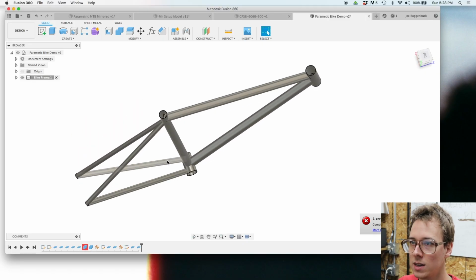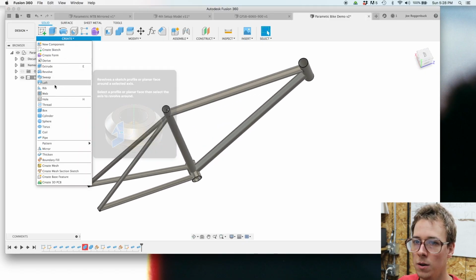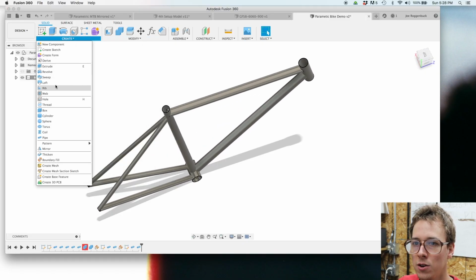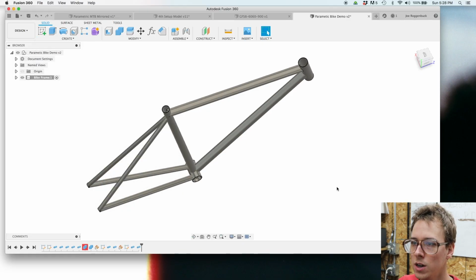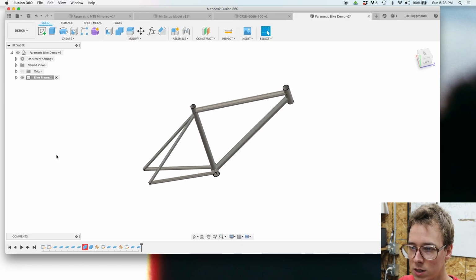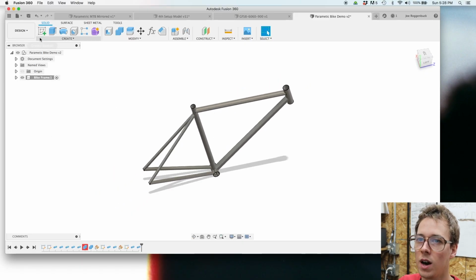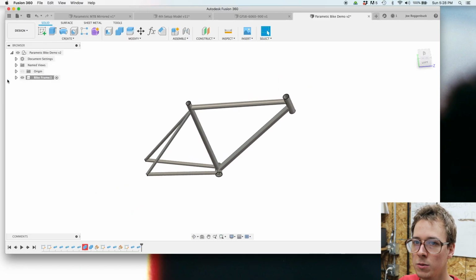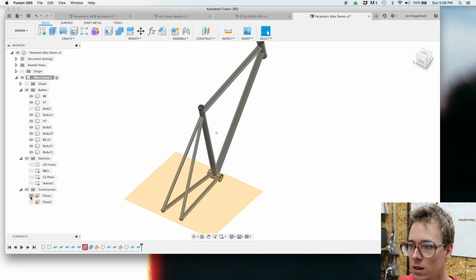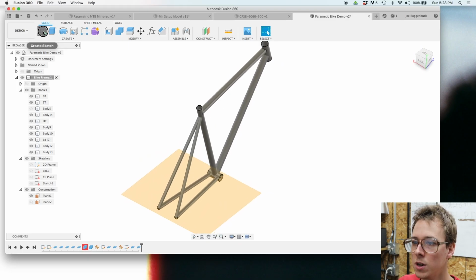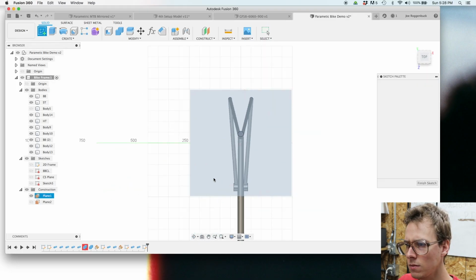The tire is, if you use, in the create menu, the torus command, you can create something that looks sort of like a tire. Or, you know what, let's model a tire here real quick, just as an example. So if I do another sketch, let me turn on the construction plane. I want the seat stay plane, or the chain stay plane, and I'm going to do another sketch on it,